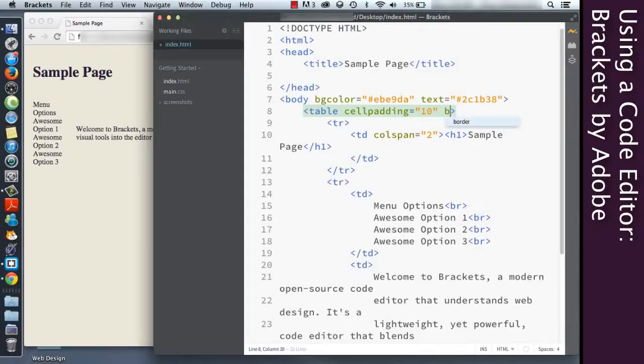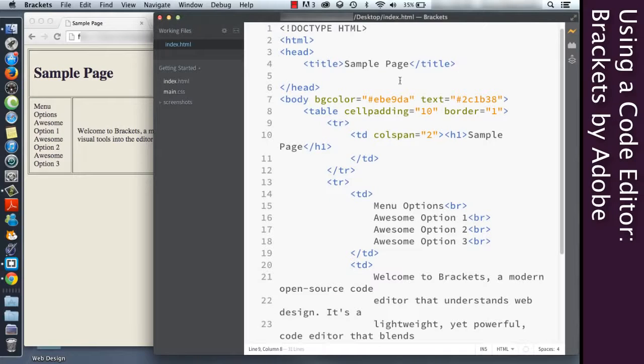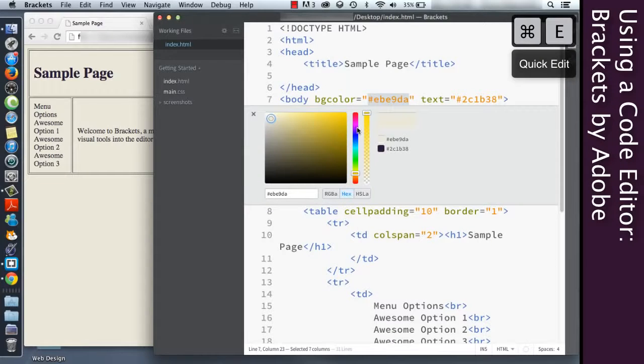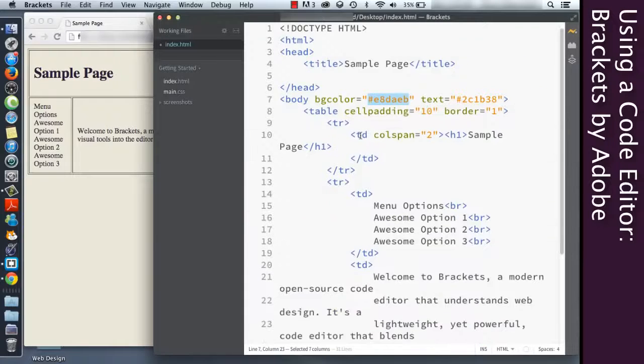Or if I do border equals 1, which why would you want the terrible looking borders, but whatever, we can see now we have the borders. If we want to change the color, Command E. Sure, that's a fantastic color. Use that. We save it. Automatically updates. So that can definitely save some time as well.